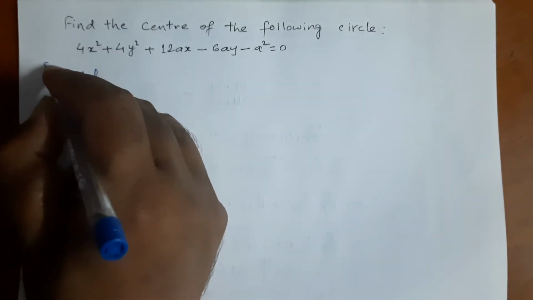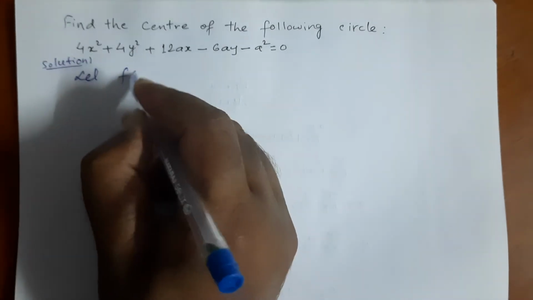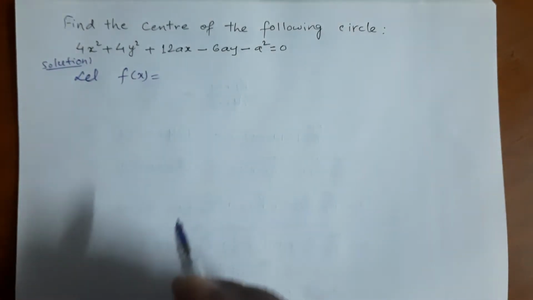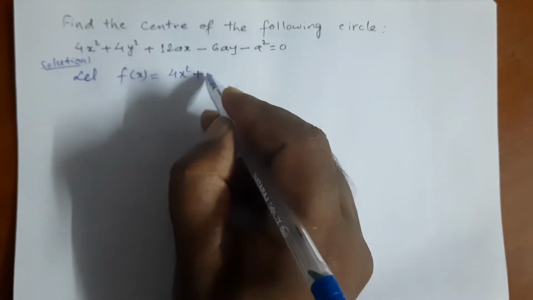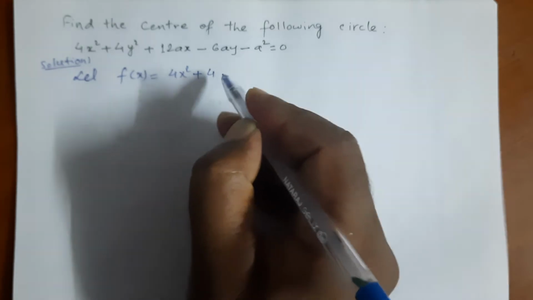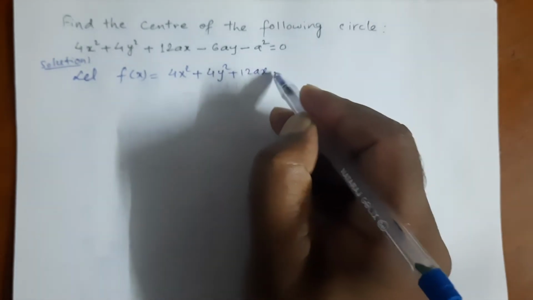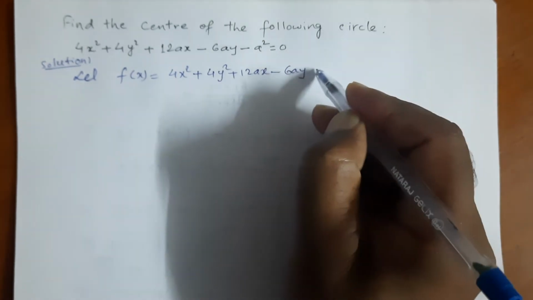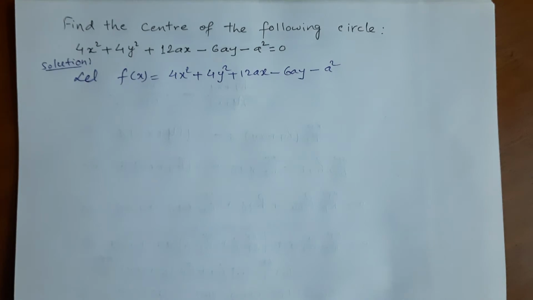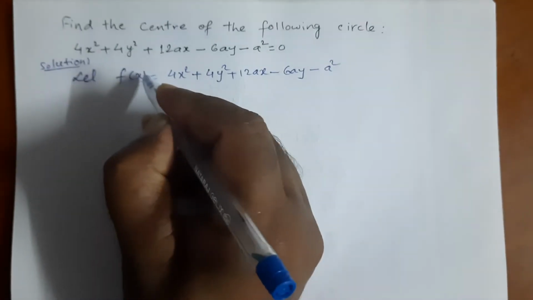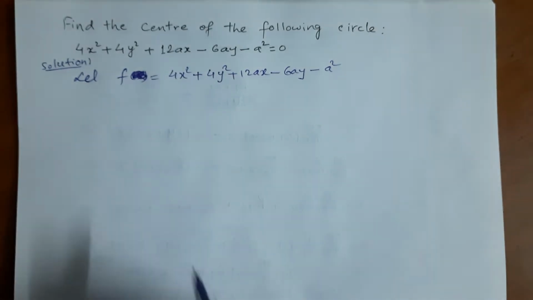Let's look at the solution to this question. Let f(x) equals 4x square plus 4y square plus 12x minus 6ay minus a square. Okay, so you can just write here f, it is a function of x and y. Now